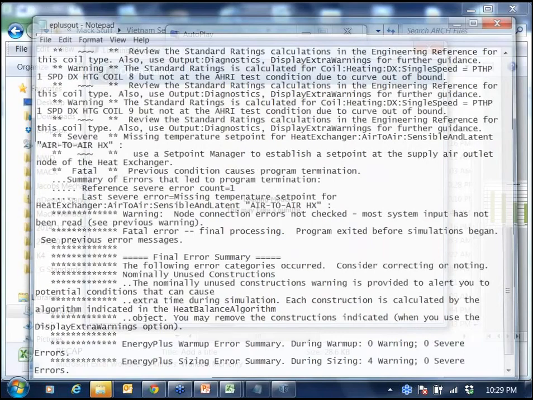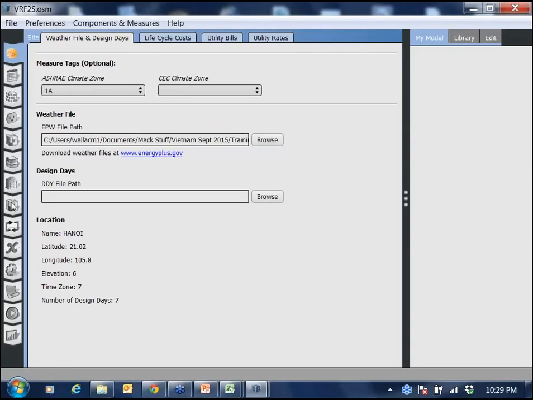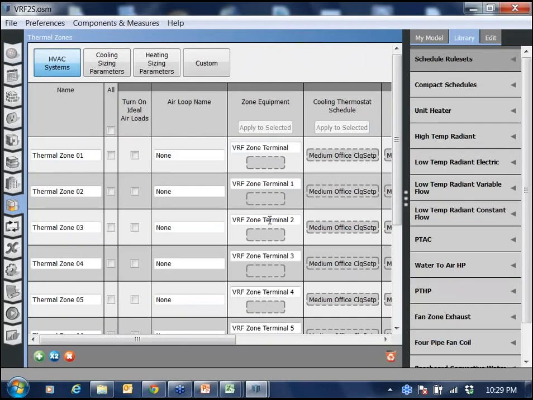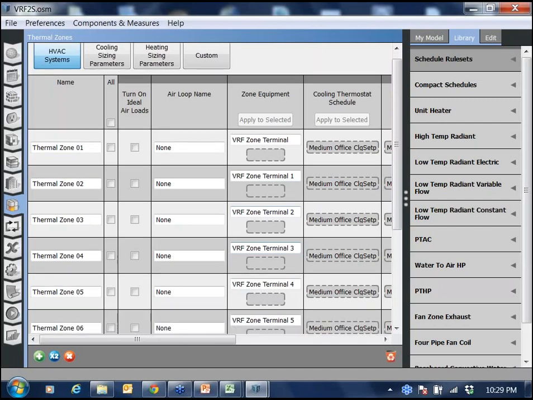Okay, so this is the simple VRF system you built yesterday. If we look at the thermal zones, we'll see that each one has a VRF terminal. This is the model you made yesterday. And if we look at the loads at the loop tab,